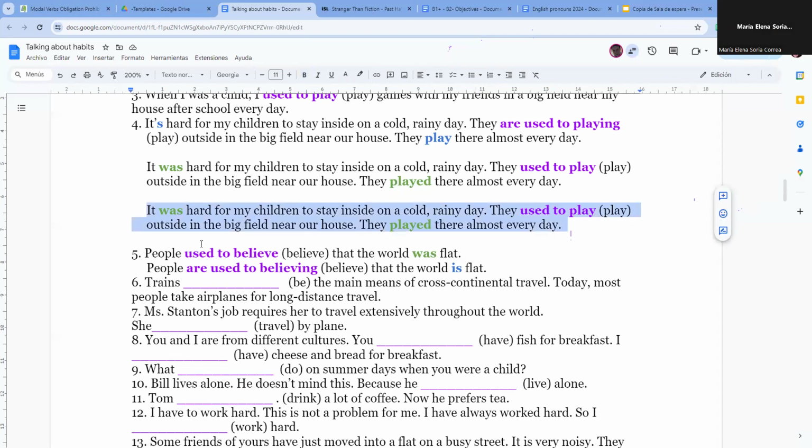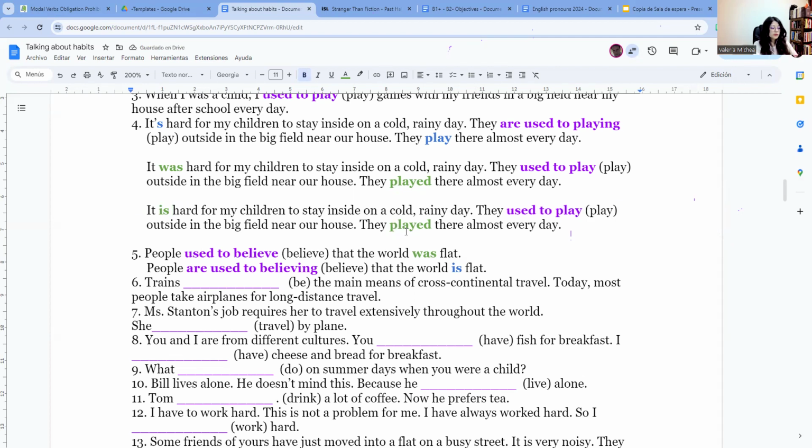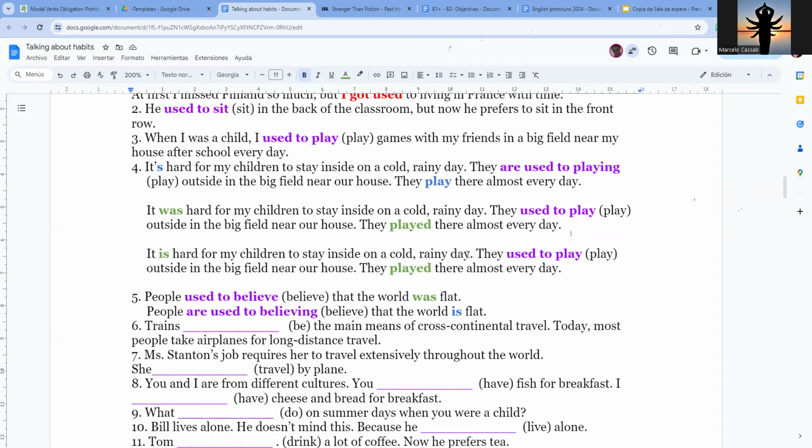First, it is hard. What else? What is the change? They get used to playing. Yeah, they get used to playing. Let's see if it makes sense. Good. They get used to playing